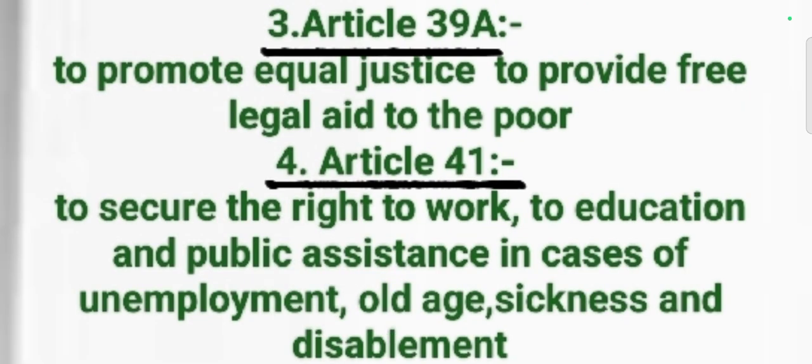Okay, next one is Article 39A, to promote equal justice and to provide free legal aid to the poor people. Okay, so the lower caste people and lower class status people are not able to go to the courts whenever they lose any fundamental right or have any other civil cases. So in that particular time, to help the poor people and to give justice to the poor people, the government is responsible to bear the expenses of the courts. Okay, so whenever they are consulting the court system, each and everything is free for them. Okay, so it means promote equal justice.